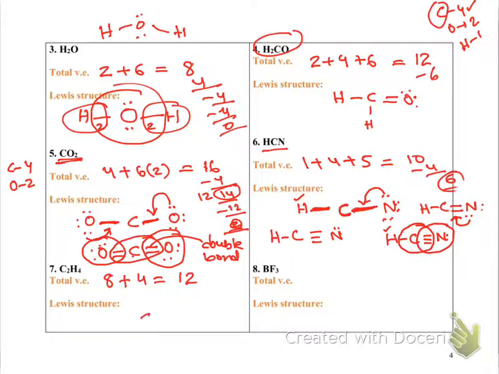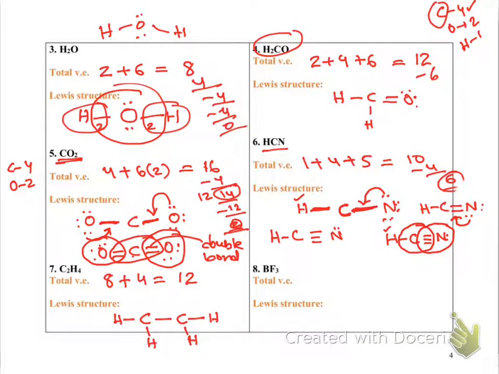So what we're going to do is put the carbons like this, and then I'm going to put 2 hydrogens around each carbon. If you try to have 3 hydrogens with 1 carbon and 1 hydrogen with the other carbon, you will see that the structure won't be able to give the octet to each and every element. Next step is to connect each one of them with a single bond.